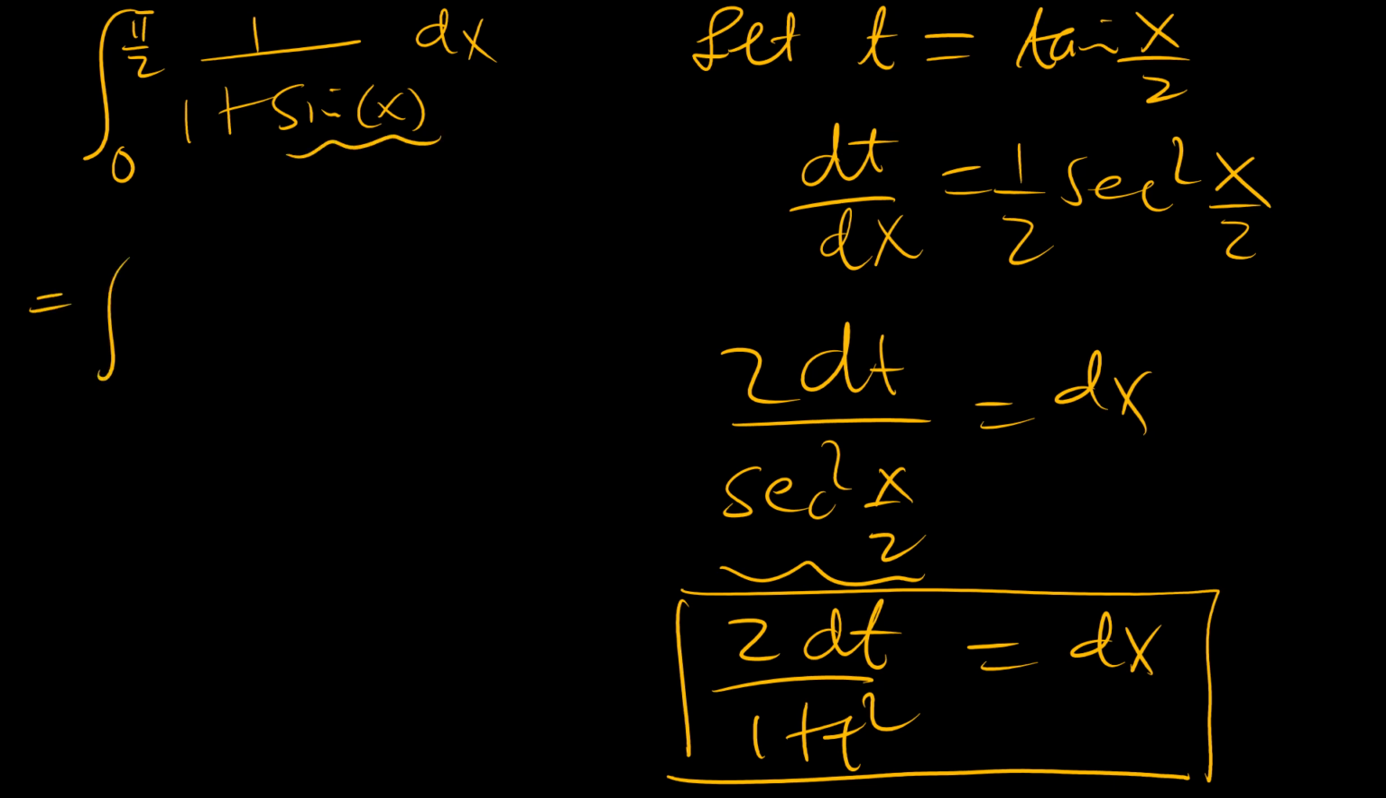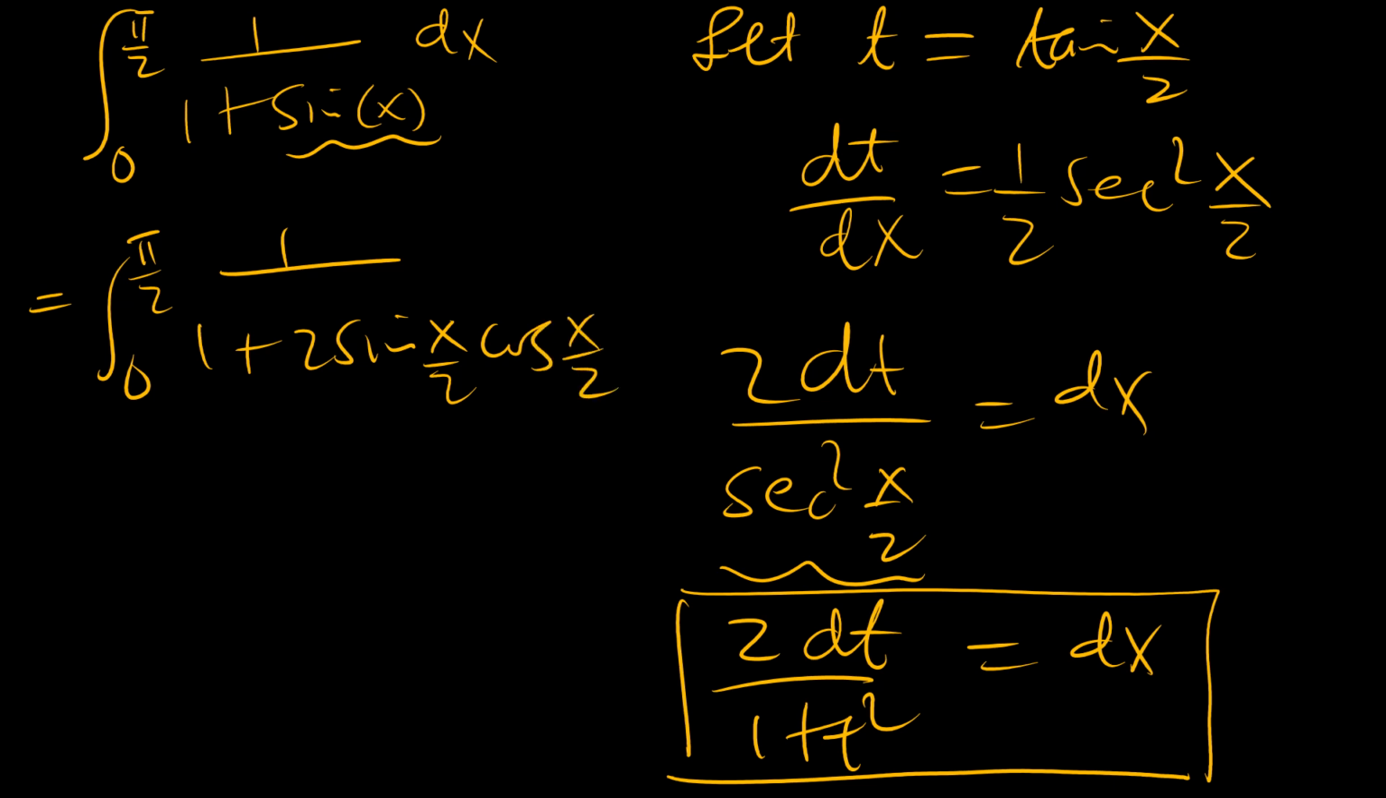So this is the same as the integral from 0 to pi over 2 of 1 over 1 plus 2 sine x over 2 cosine x over 2. Now, how to derive cosine x over 2 or sine x over 2? We use a triangle, and we know that if we have a right angle triangle and the base angle is x over 2, the tangent of this angle is the opposite over the adjacent. So if tangent x over 2 is t, this is opposite t over 1, the adjacent,